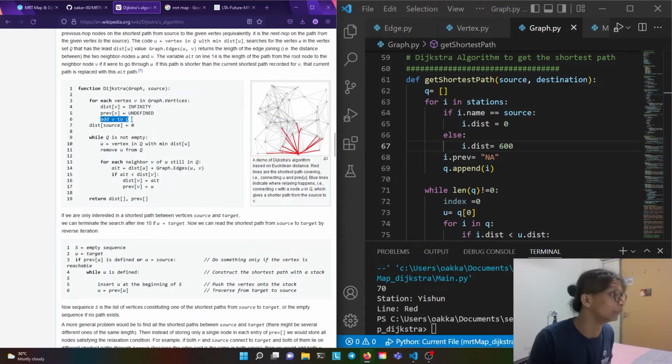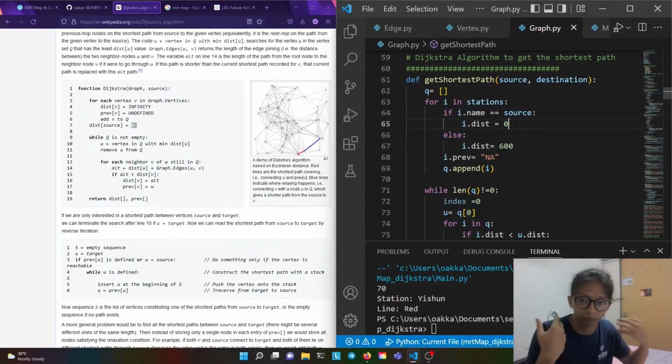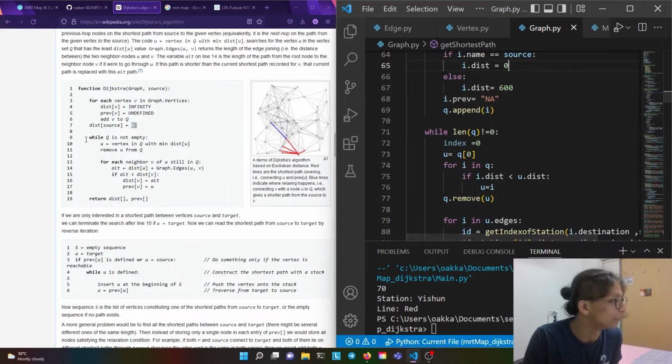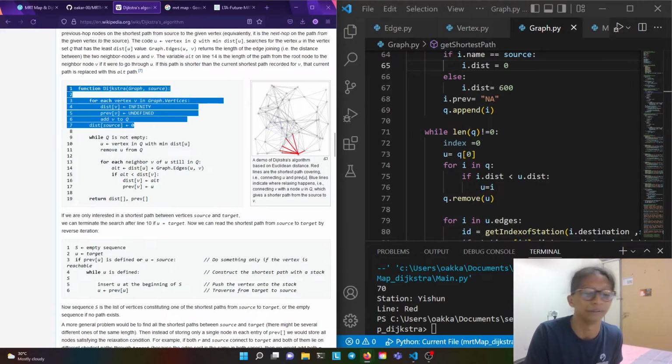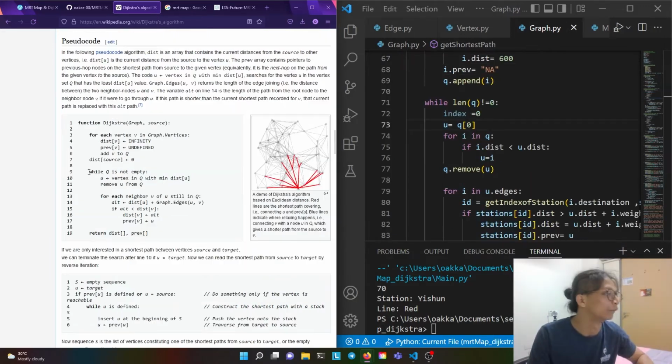Then what you want to do is add the v to Q. And then we're going to have the source node with 0 distance, because traveling from Yishun to Yishun is 0 minutes. So that's a base case that we have. This first 7 lines is just initialization, like setting up, before you do anything. So the first line of the algorithm is: while Q is not empty,